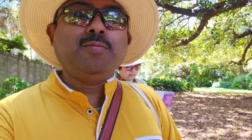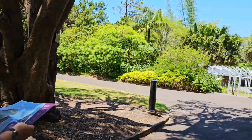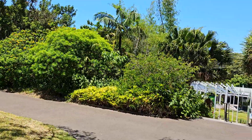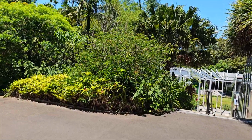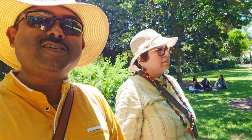I was reading on the internet about this Royal Botanical Garden in Sydney, and originally this was a farm, and they started growing agricultural products around 1788, probably the first farm following the first fleet to Australia. But the soil was pretty poor and they couldn't actually grow anything properly, so instead of a farm they converted this area into a botanical garden, and they also named it a scientific institution because this was an agricultural research institute, the oldest scientific institution in Australia,